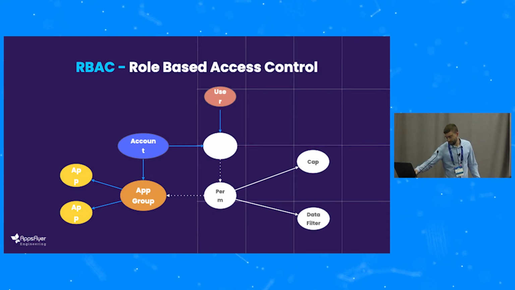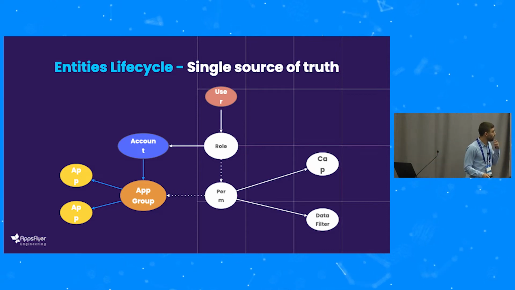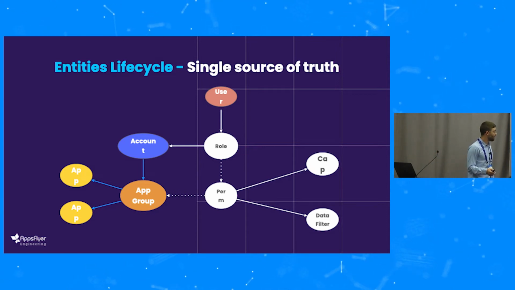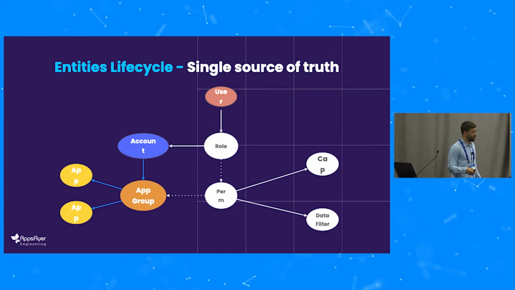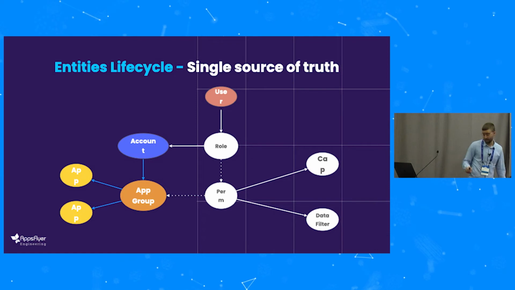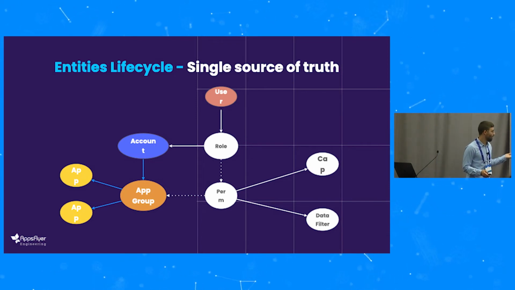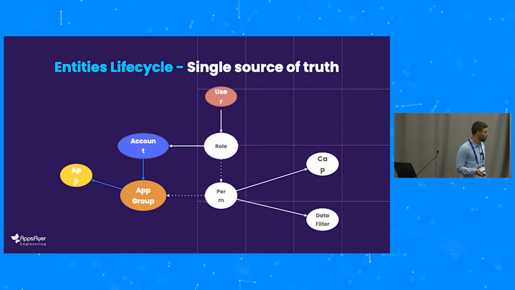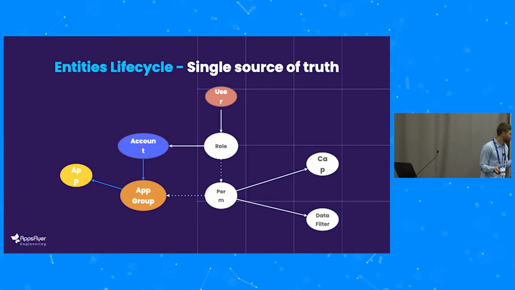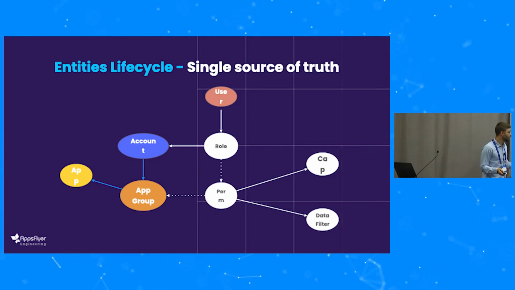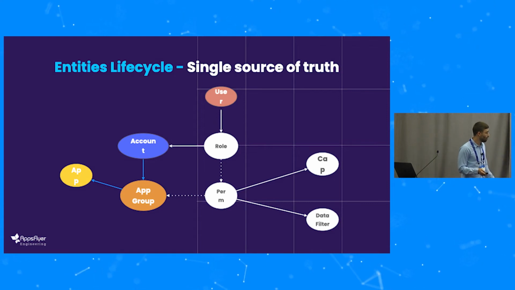Another advantage of this modeling is the native support for certain entities' life cycles. So if you want to make changes in the graph due to user activities, the authorization data is automatically updated. Let's take an example. Say the accounts stop having an app, they remove it from the App Store, or they don't want to collect data on it anymore, so they just remove it from the app group, and then all the permissions are automatically updated. And the user now doesn't have access to the app.